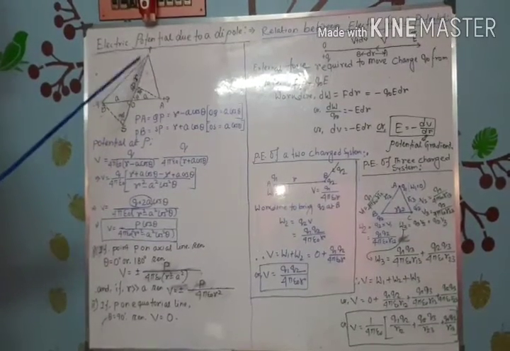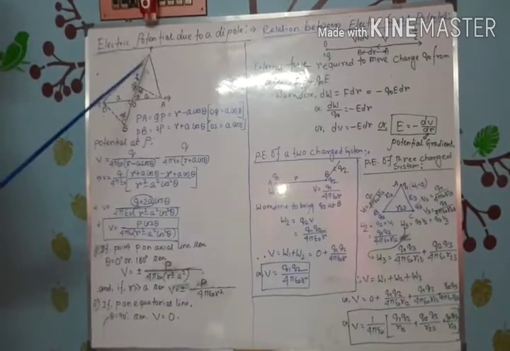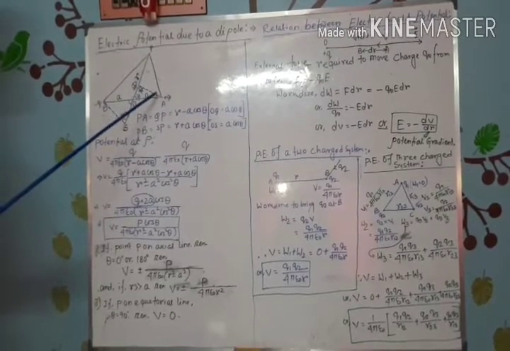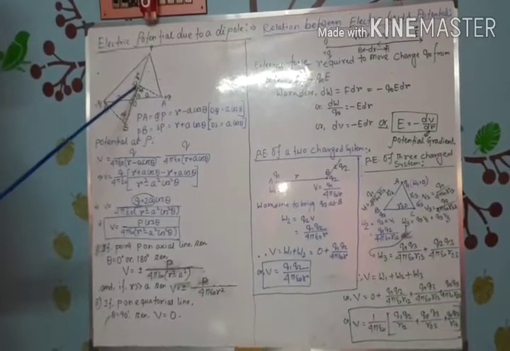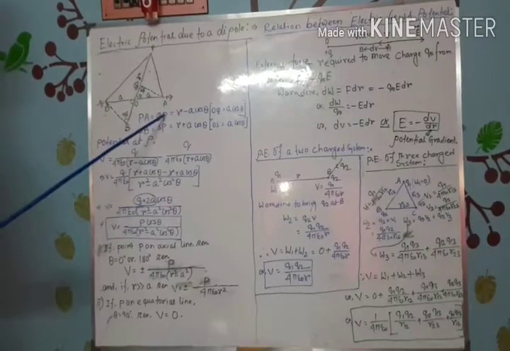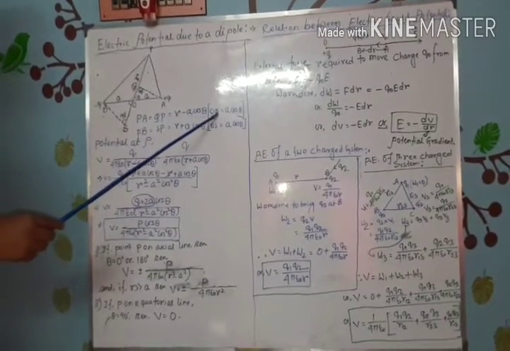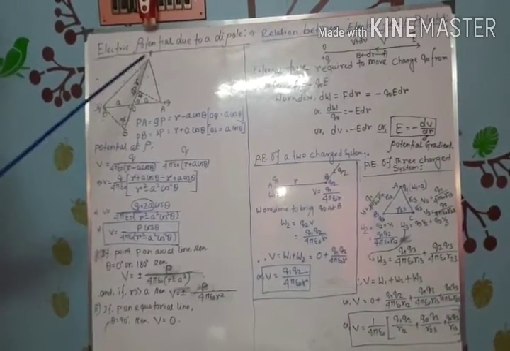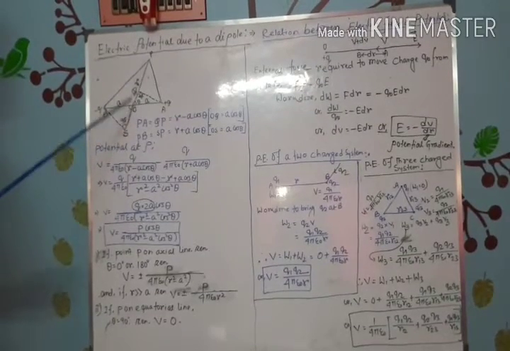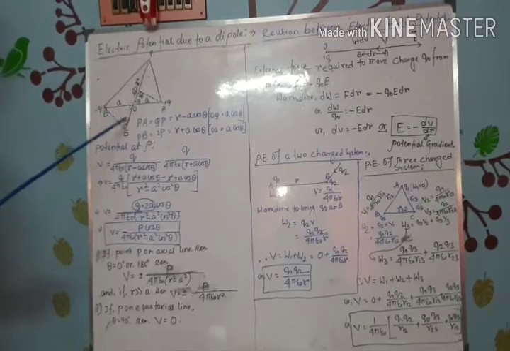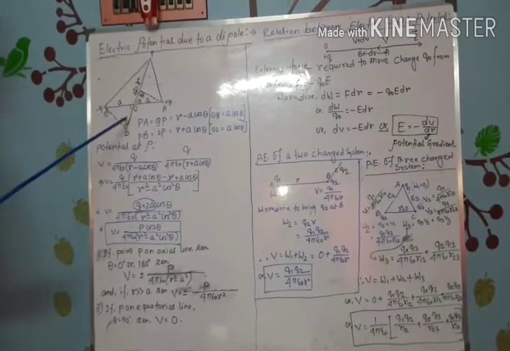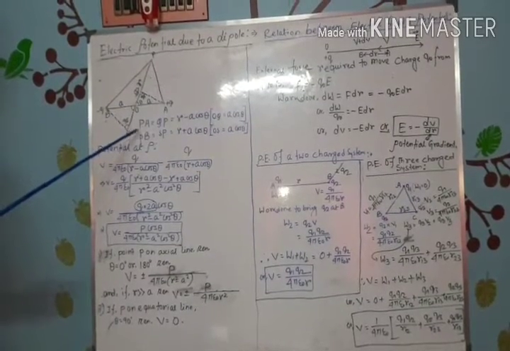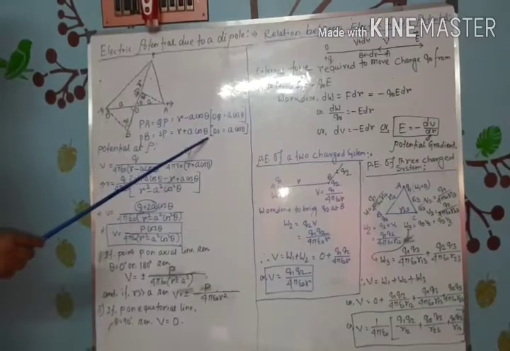So what is the value of PA? PA means QP. QP means OP minus OQ. OP is r. What is the value of OQ? From this right angle triangle, OQ is a cos theta. Therefore PA equals QP equals r minus a cos theta. Similarly, PB equals SP, which is OP plus OS. OP is r. What is the value of OS? Similarly, from this right angle triangle, OS is a cos theta. So the distance is r plus a cos theta.